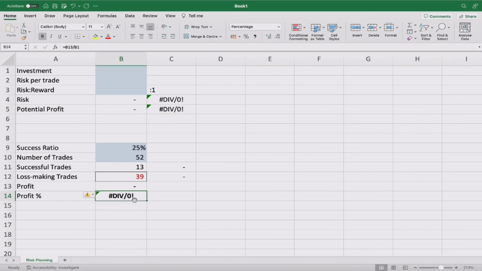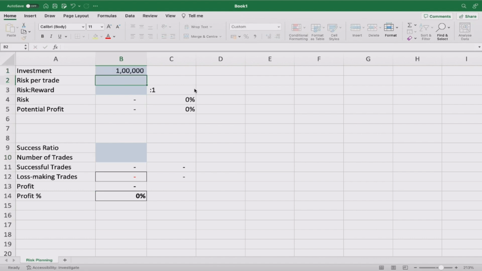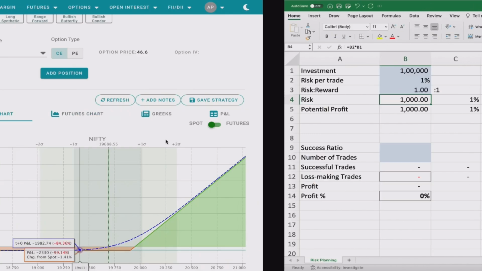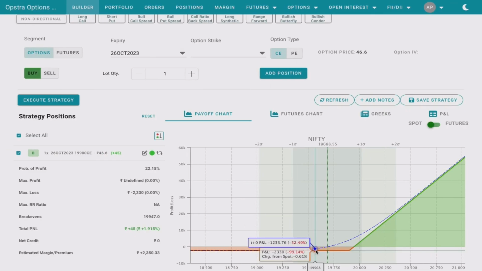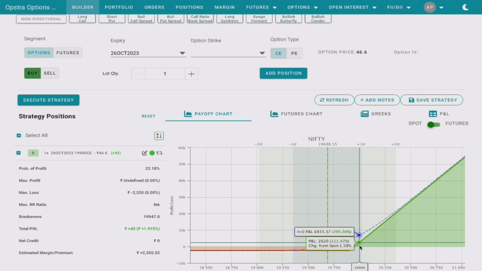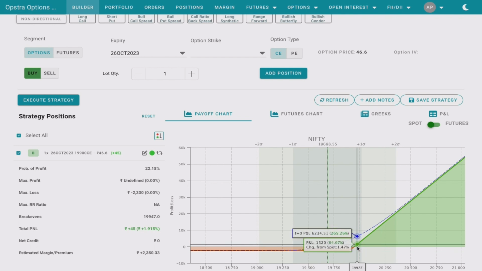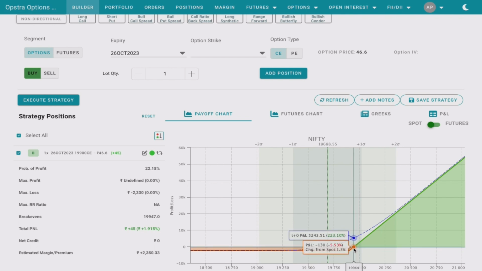When I jump into my risk management sheet, which is part of our risk management program, we put in a notional investment of 1 lakh, and the risk per trade we set as 1%. Typically we range between 2 to 3% at the max, but 1% for this example. And let's say that we are looking at a 1:1 risk to reward ratio, which means that for this trade to be successful, I'm expecting a loss of 2,330, but at the same time I will consider a success if it goes beyond 19,900 and